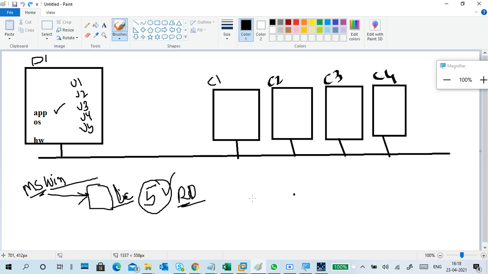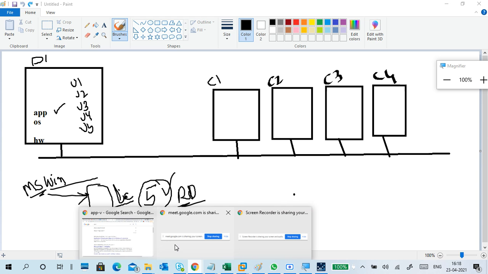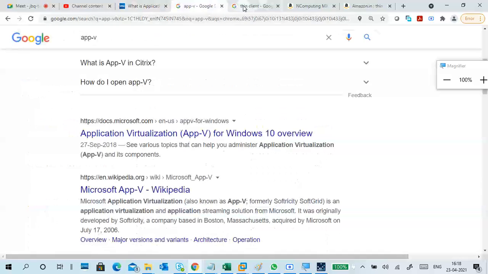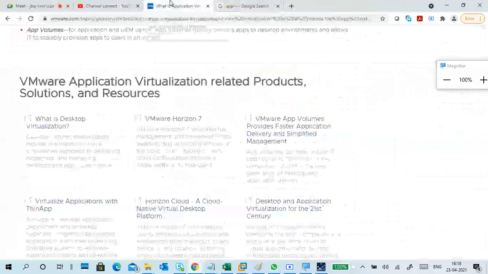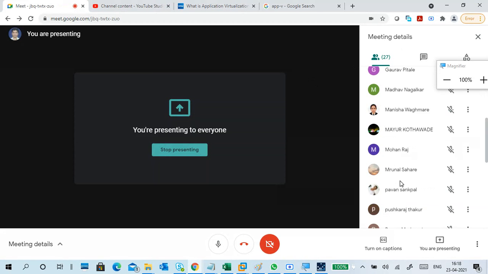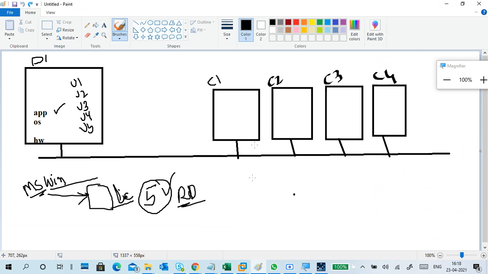So what am I accessing? Remote desktop. Why am I accessing remote desktop? Guys, sorry, understand this remote desktop concept. Multiple users accessing the same desktop remotely through thin clients. Did you understand or not? Because I keep on speaking, I didn't ask you at least. I'm not slowing down, I keep on speaking. Guys, does anybody understand? Even one person? Okay, no problem. Do you understand the remote desktop concept?